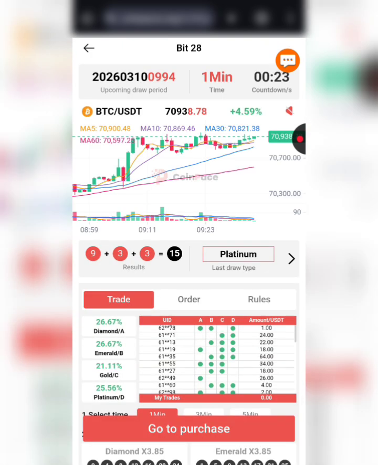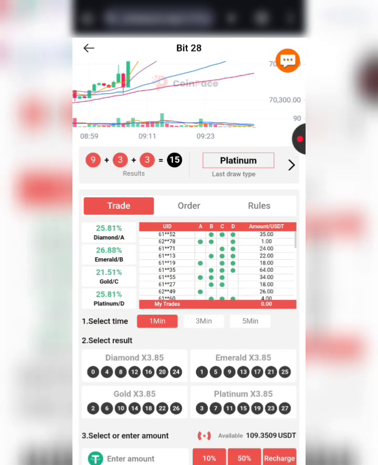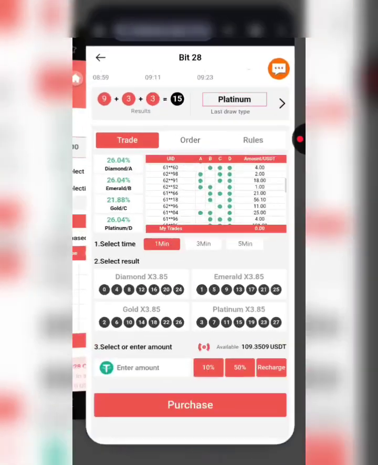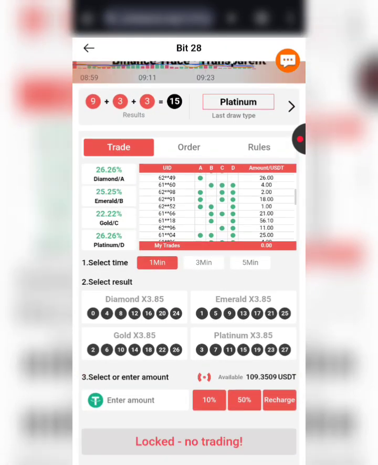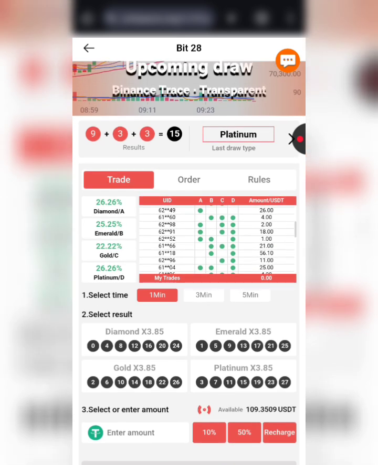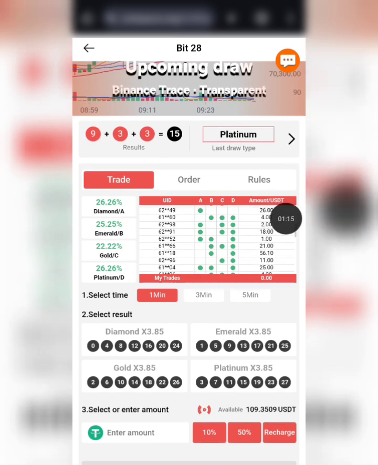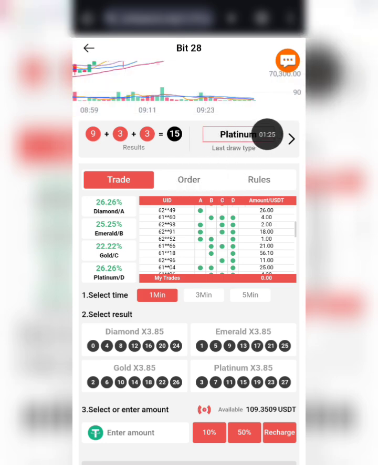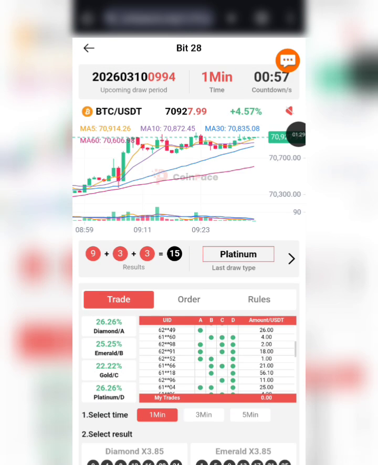And I want you to also notice that whenever you're playing the game right here, please do not get greedy. Just stick with the calculator. And another thing is that you should take breaks. Okay, it's not like you're going to be playing it all day long, and that's because you want to avoid a particular session when a particular option will come out more consecutive times than you expected. So if you are taking breaks, you will not really experience that. Okay, so that's an extra tip that I actually use.